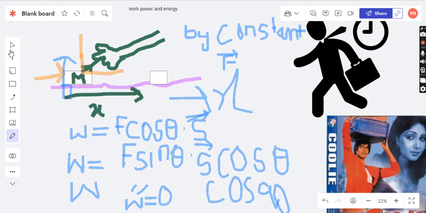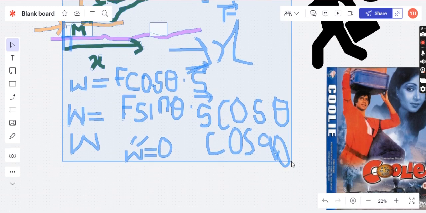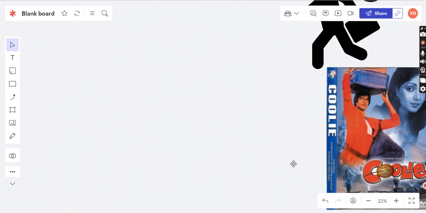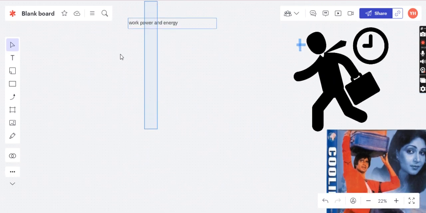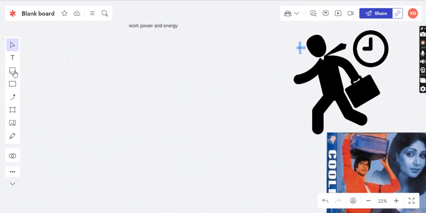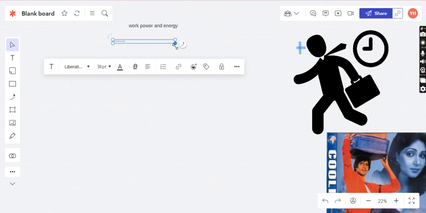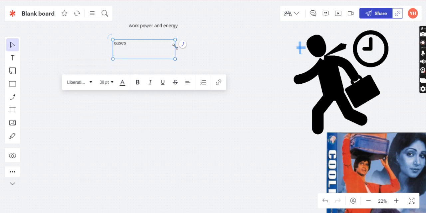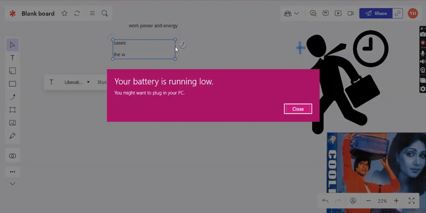So let's remove it and discuss the cases here in the video as well, so that we can write up this topic. Let's erase it. Okay, it's erased. Let's move a little up. Now, cases. Let me write cases here. And before writing cases, it is important to tell for which force we are finding the work done. Okay, so